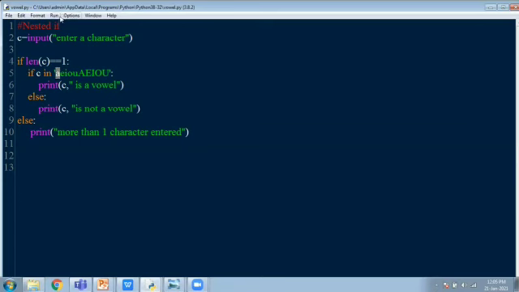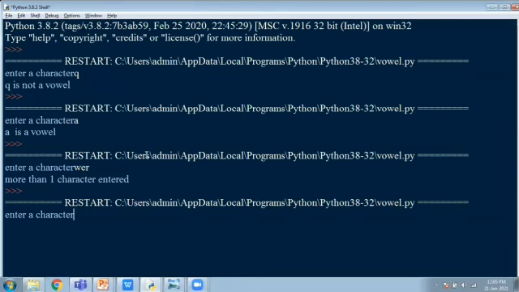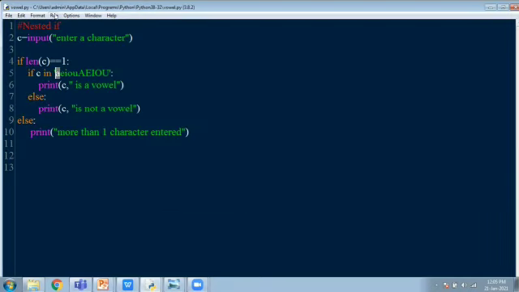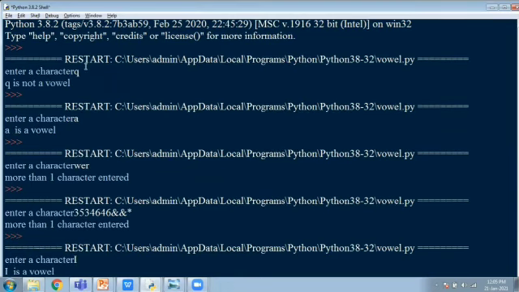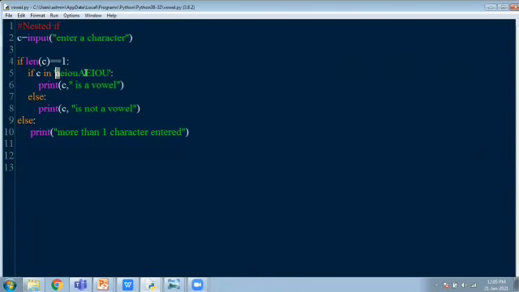So let me execute the program once again. So in this input, you can give any character. It can be a number, it can be a symbol, but we are expecting a single character input. So it says more than one character entered. And if the vowel is lowercase or uppercase, in both ways it works. Now I'm going to give capital I, right? Capital I, is it a vowel? Yes, it is a vowel. Hope you understood. So if I is present in this list of characters, yes, I is here, right? So once it is present, it says it is a vowel and then it comes out.